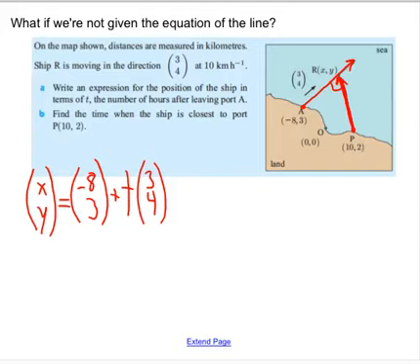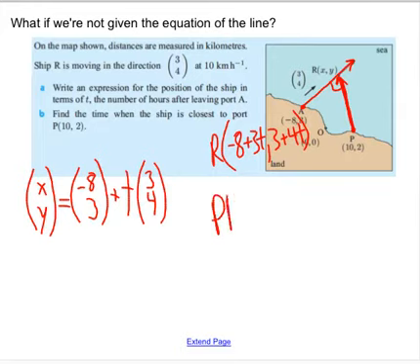R is the parametric equation, so R is the point (negative 8 plus 3t, 3 plus 4t). That's R. So vector PR that we want to dot with the direction that the ship is going